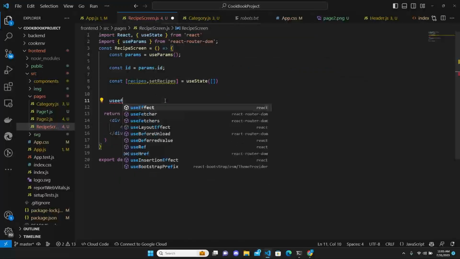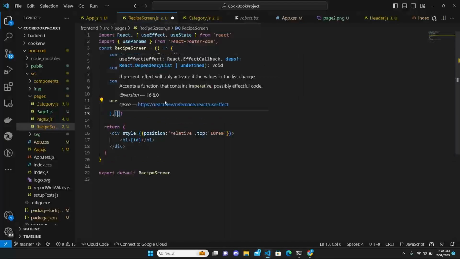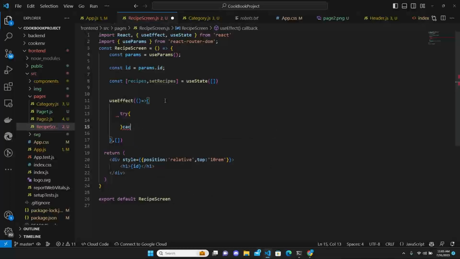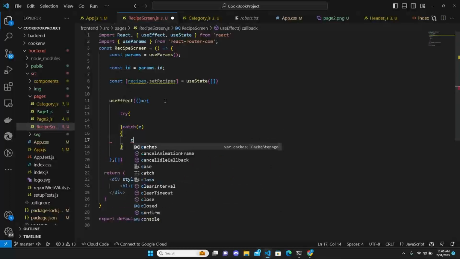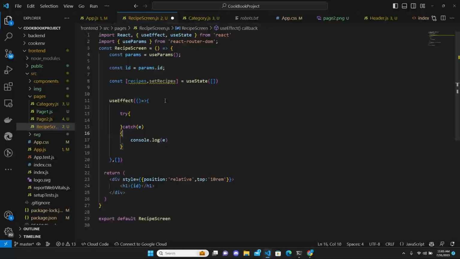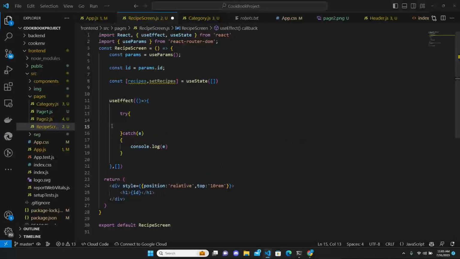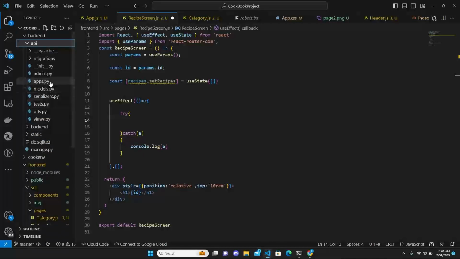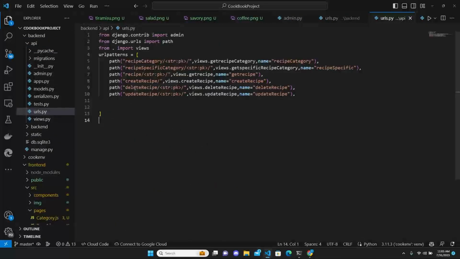When we start the server, we want to try and catch if we actually got an error, just to console log it. So we want to try and get the data from the backend. And in the backend, we have a URL, the API URL called the recipe category and ID. Recipe category sweet, recipe category coffee, recipe category savory, which if you remember,